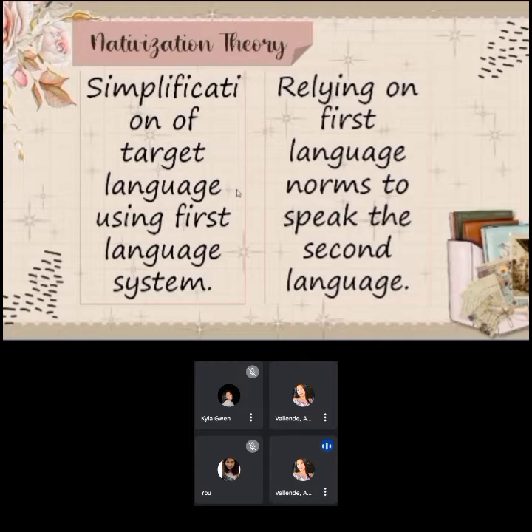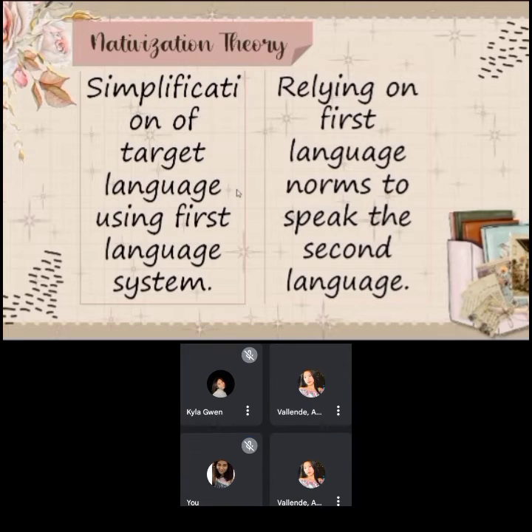When we acquire a second language in the early stages, we tend to speak it in the same way we normally speak our first language. Sometimes we just don't know the rules of our target language. So